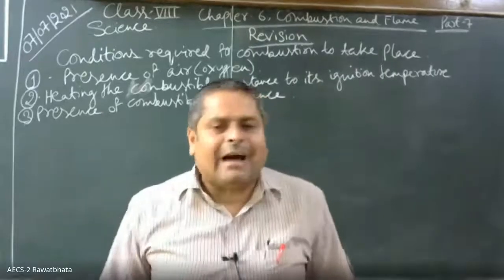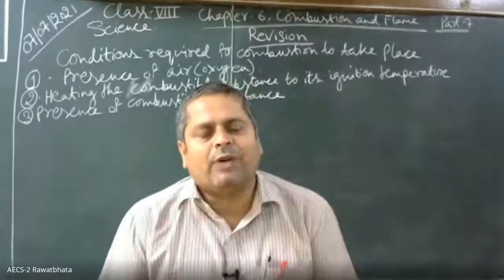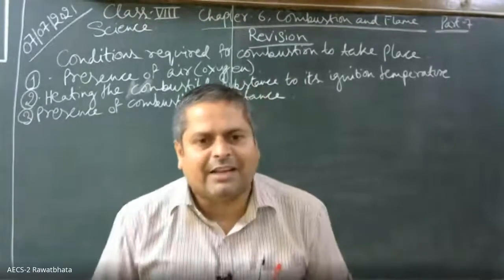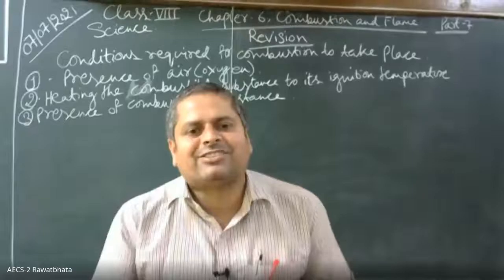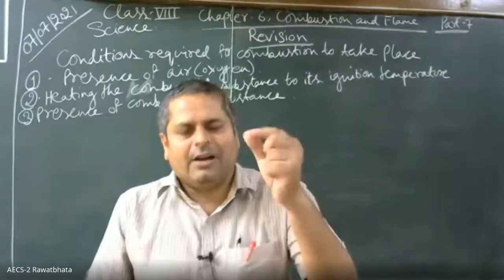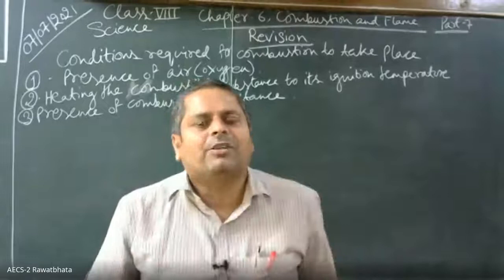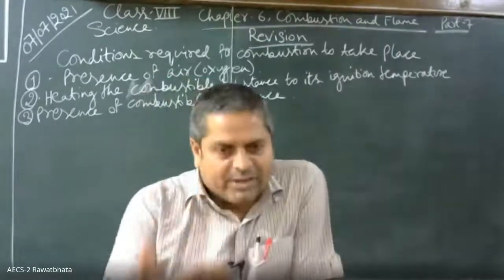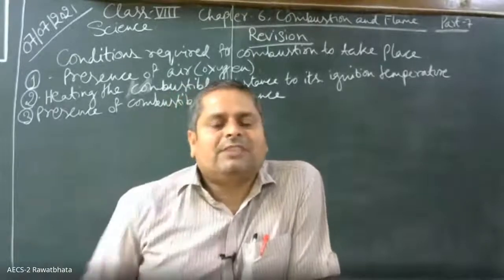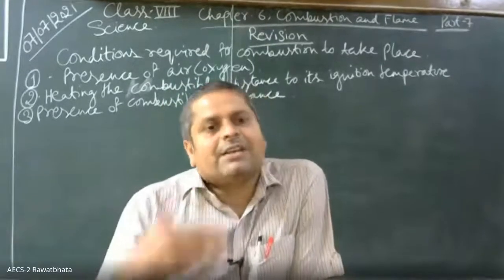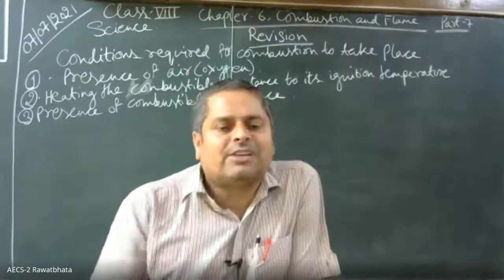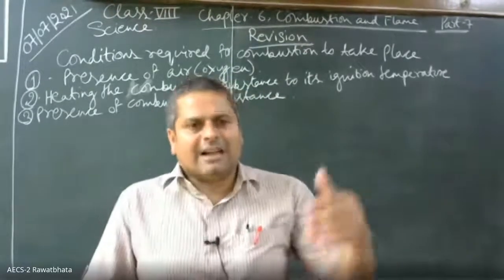Spontaneous combustion. स्पॉन्टेनियस कंबशन का मतलब क्या होता है कि अपने आप आग पकड़ ले रहे, सब हम जलाए नहीं। अब देखो अभी क्या है, हमने जब गैस स्टोव चलाया था तो हमने क्या किया था, we lit a matchstick and then we brought the lighted matchstick near the gas stove. तो उधर हम लोग उसको हीट कर रहे थे थोड़ा। लेकिन स्पॉन्टेनियस कंबशन में क्या होता है कि सब्सटेंस, कंबस्टिबल सब्सटेंस catches fire spontaneously, अपने आप, without any apparent cause. हम लोग नहीं करते। जैसे जंगल में आग लग जाती